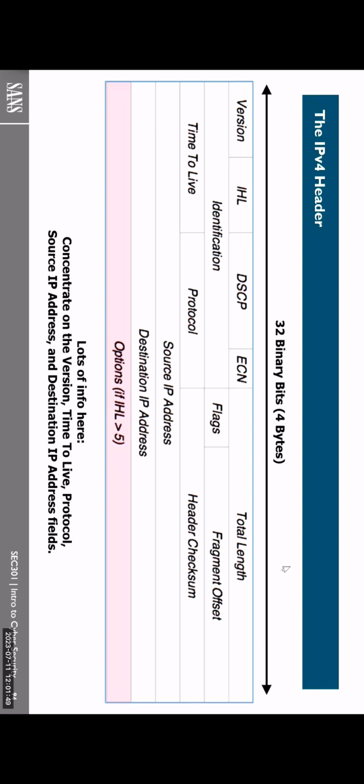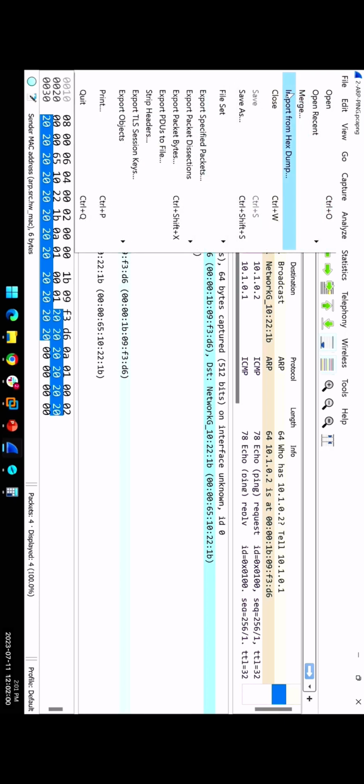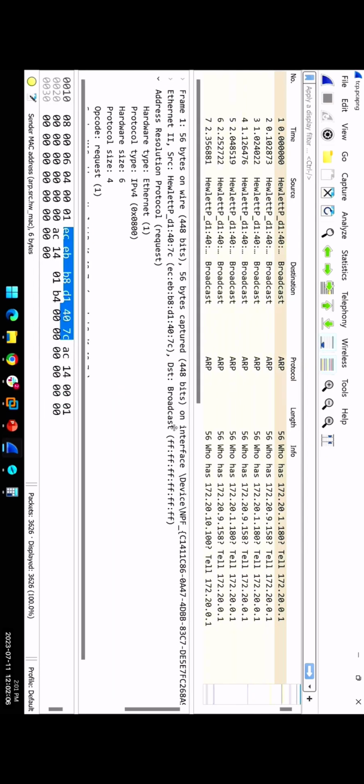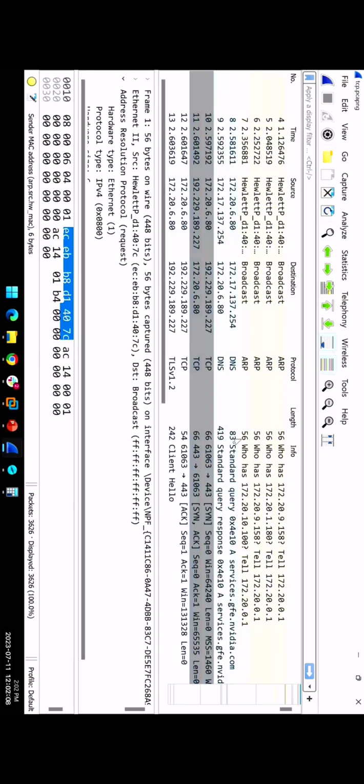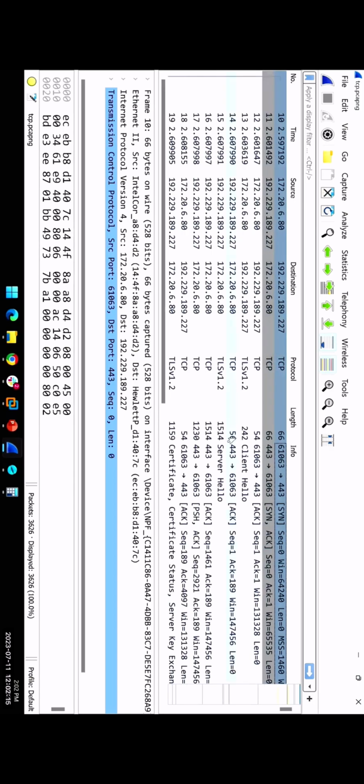Let me go ahead and show you in Wireshark what I'm talking about. So let's go back to Wireshark here, and I am going to open up a different packet capture. We did ARP, we know what the IP addresses are. Let me go ahead and open up this conversation. I am going to go to packet number 10 in this conversation. We see some ARPs there, we see a DNS query, and then we start at packet number 10. We are going to analyze this packet,